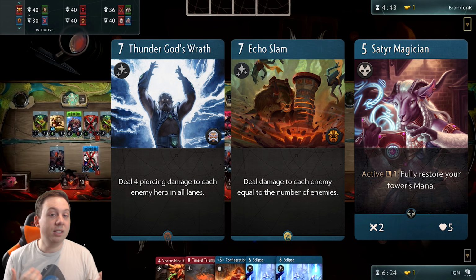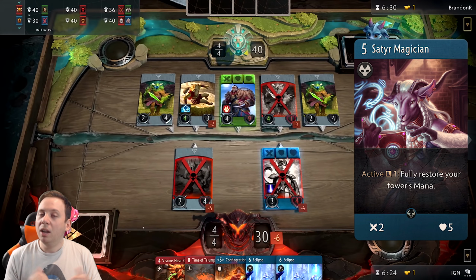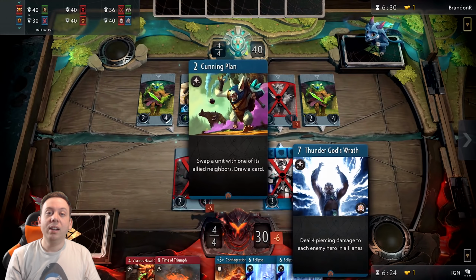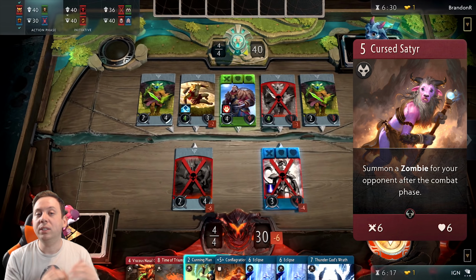So definitely this card has a lot of potential, but I'd be very surprised if it's a staple in blue decks at launch. Of course, I could be wrong. Combo might be stronger than we think. We'll have to see. Next up, we have the Cursed Satyr, a 5 mana red creep card with 6 attack,